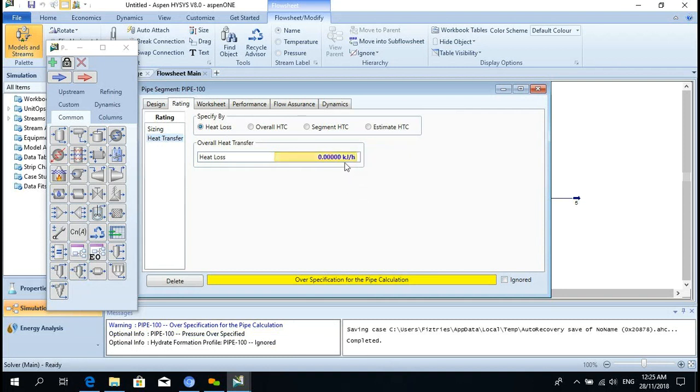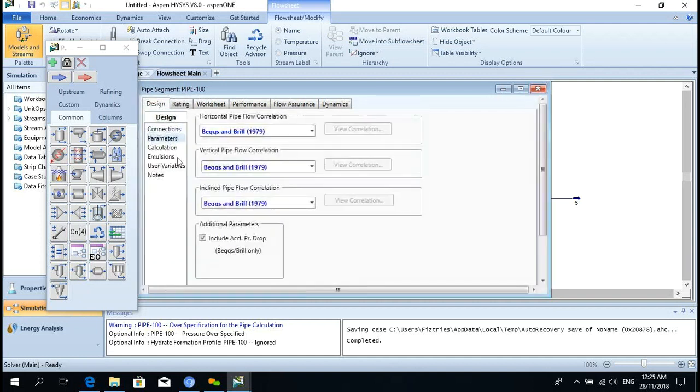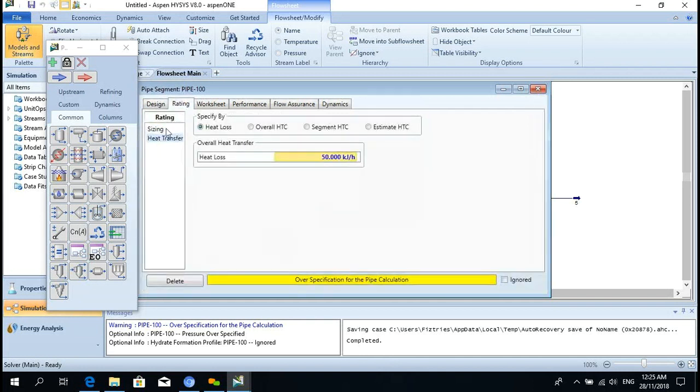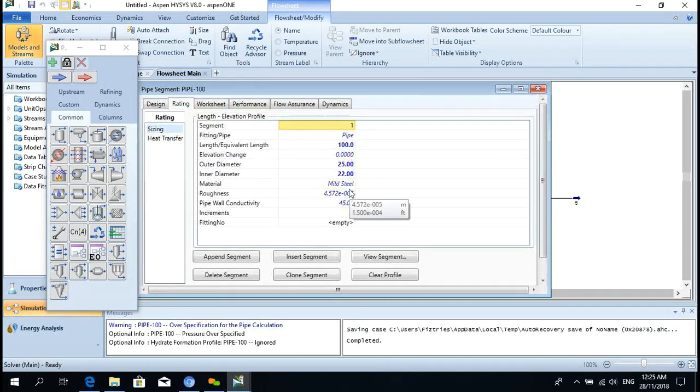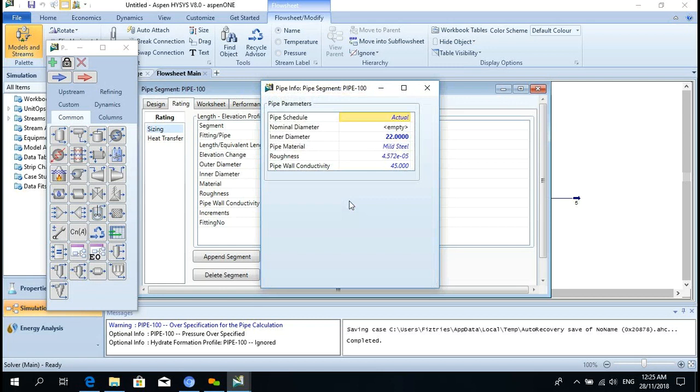Over specification. Maybe we over specified something. Okay, we'll see. Go in design, parameter, rating. Heat loss, sizing. This is the mild steel pipe wall conductivity. Remove the pipe wall conductivity, 0.